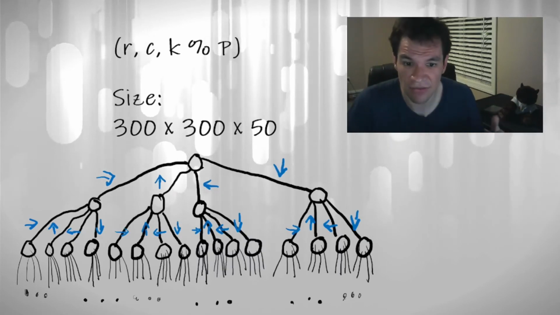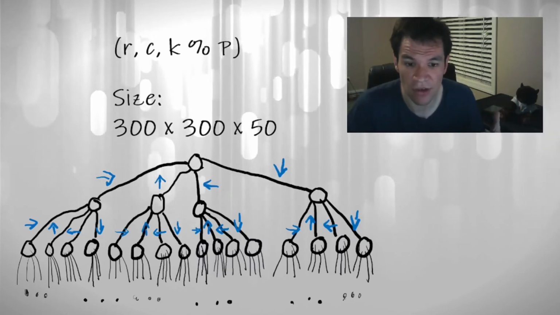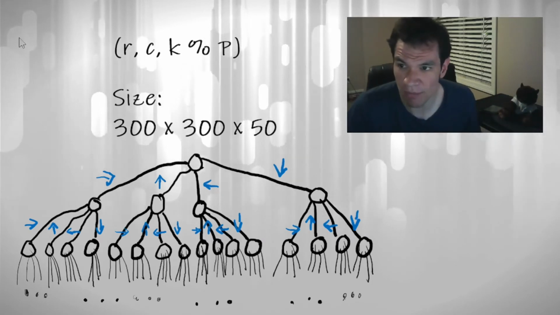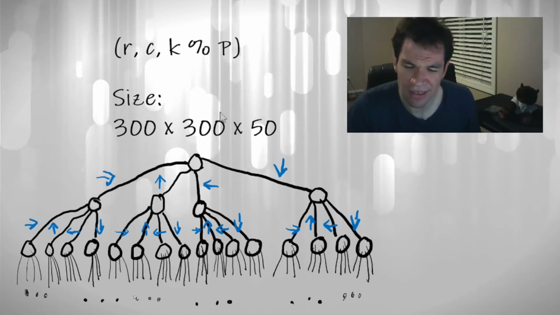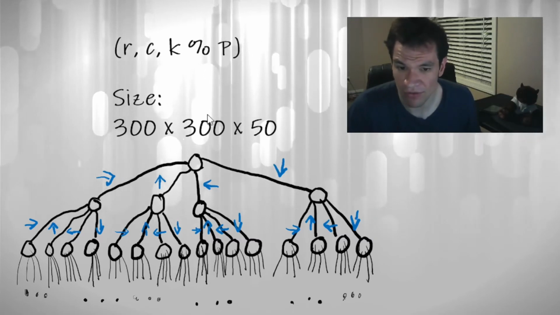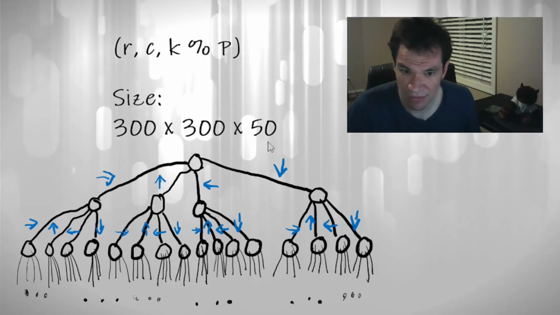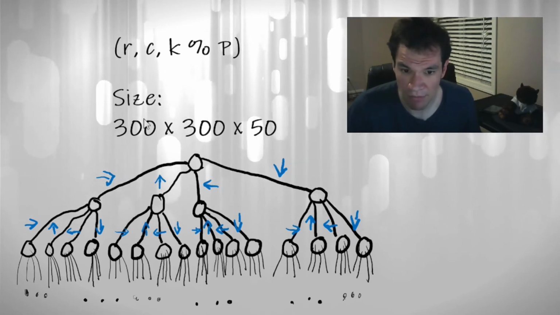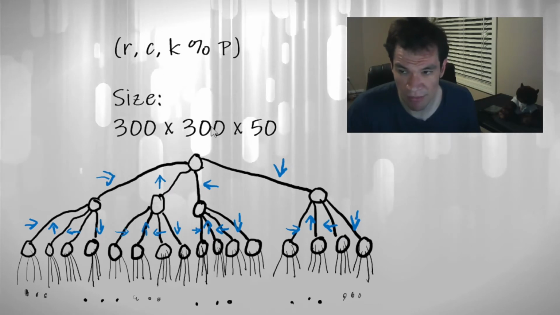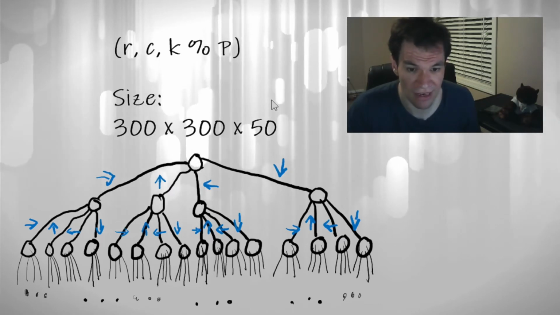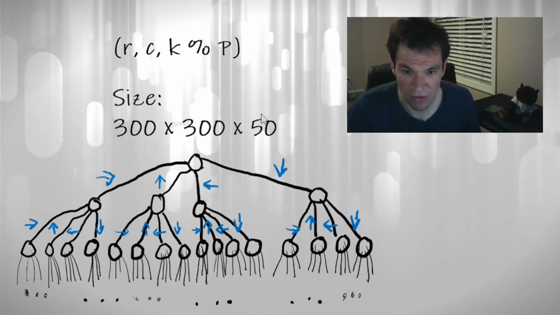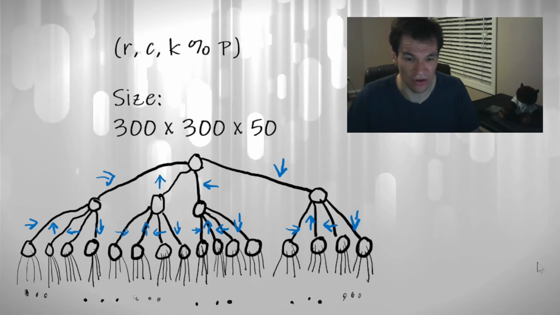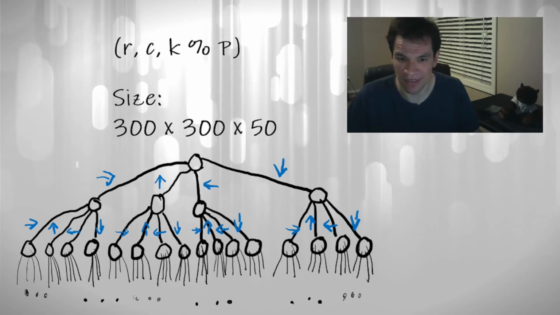And the size of the state space would be at most the number of rows times the number of columns times the size of the pattern. So this is the maximum number of rows, the maximum number of columns, and the maximum length of the pattern. Perfectly feasible for solving this problem.